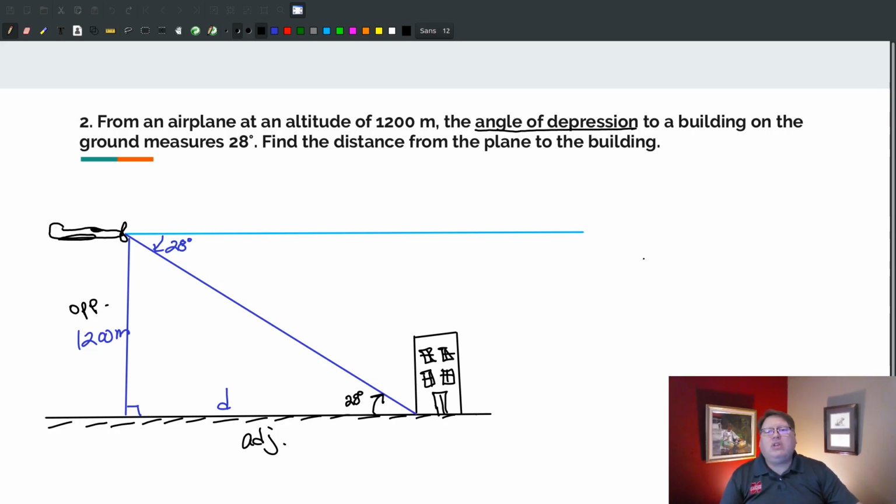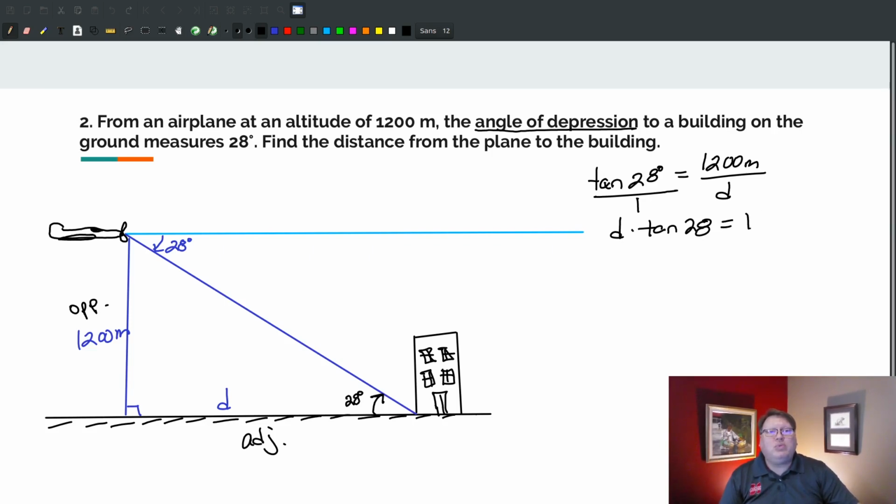And if you recall, the correct trig function for using opposite and adjacent sides would be our tangent function. So we're going to write tangent of 28 degrees is equal to our opposite side, which is 1,200 meters, divided by our adjacent side, which is our D. Now do you see why when the D is on the bottom, you're going to end up dividing by the trig function? So if we cross multiply, we get D times the tangent of 28 degrees is equal